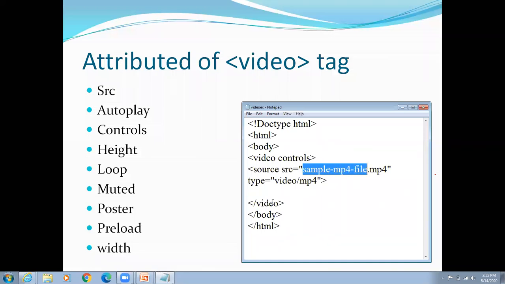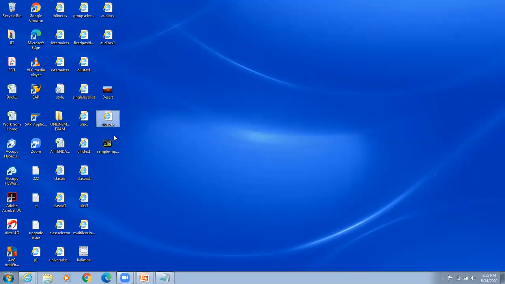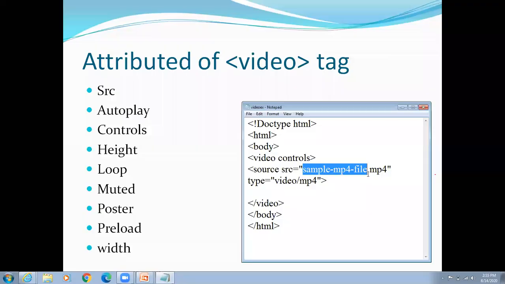It is just my file name, which is present here. It is my file name, sample.mp4 file. So you have to copy that same name into the notepad file, and then the dot extension. How to assign the extension?